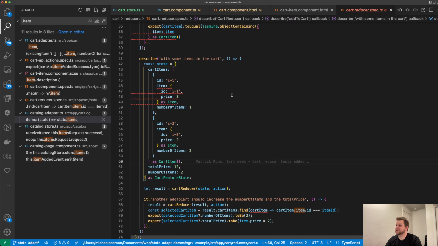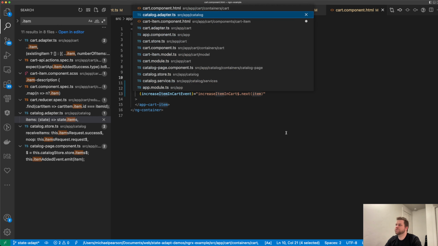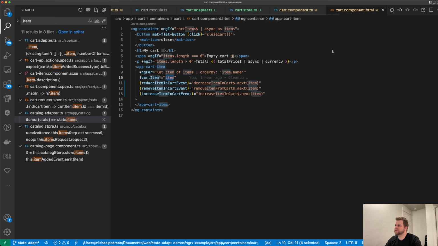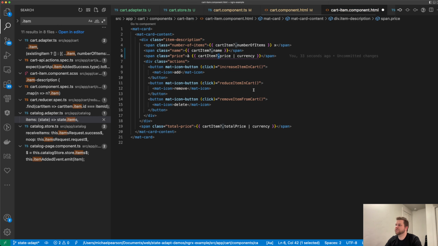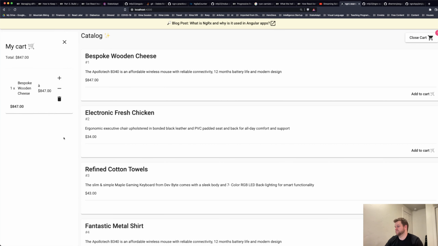Oh, did I just do this? No, that's the spec file. Cart component right here. Nope. Where is it? This one? No, it was just there. Here we go. I'm not gonna format it, although actually I think it doesn't matter if I do because of all the cleanup I did before. Okay. Open cart. That works. Hey, it's all here. I don't know what the deal was with that, but